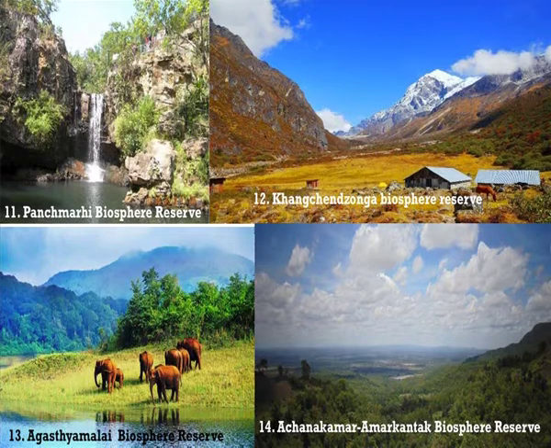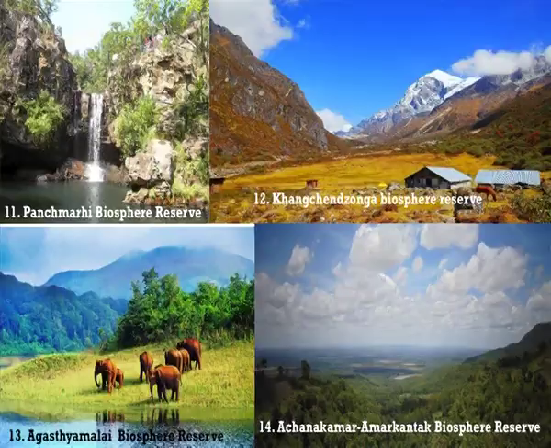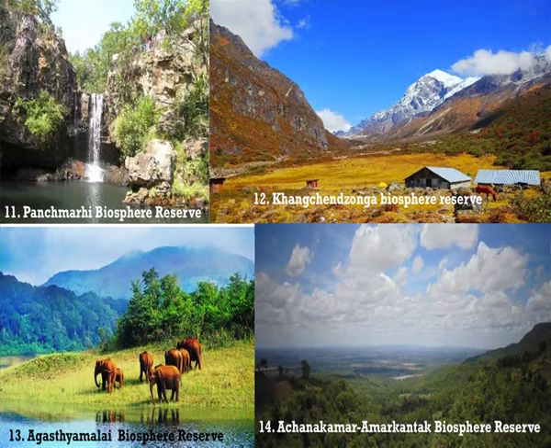Agasthyamalai in Kerala is one of the other biosphere reserves, which is part of one of the hottest biodiversity hotspots. Thorn and moist deciduous trees are found here, and some of the flora found is the Rudraksha tree. Then you have the black plums. We find lion-tailed macaque and hornbill out here, and the Kani tribe is the indigenous habitat. This biosphere reserve also has some wildlife sanctuaries like Neyyar, Peppara, Shendurney, and Kalakad Tiger Reserve.